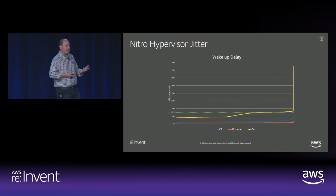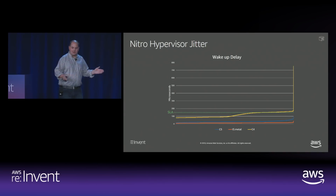And in this case, the customer had an application that has to process a network packet within 150 microseconds of receiving it, because the overall protocol that is used within their system expects the response within a fixed period of time where everything stops working. It's not good enough to get this 99% of the time. They needed it to be 100% of the time. And so